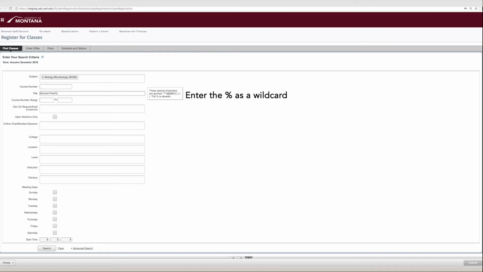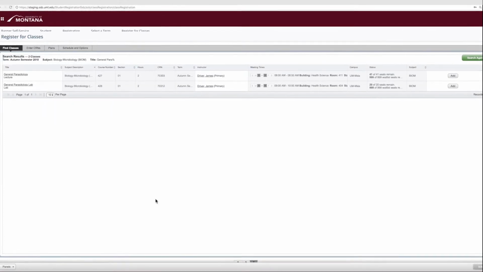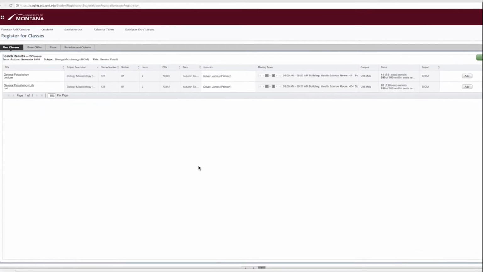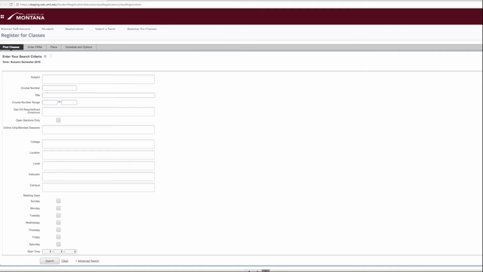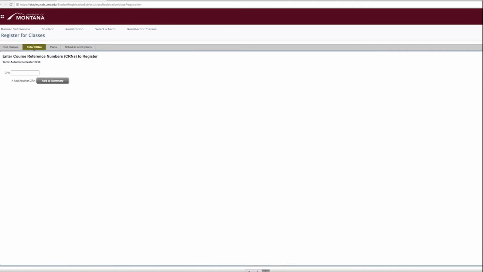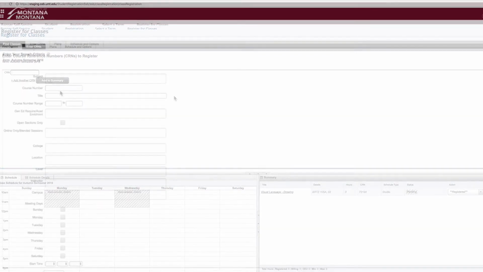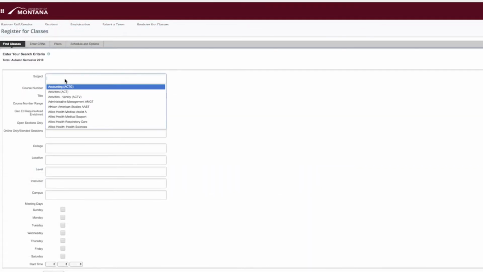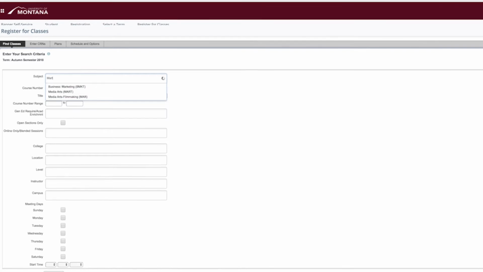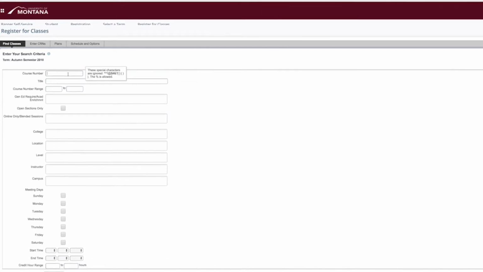This will pull all results that start with those letters. You can also use the other menus to search by course request numbers, also known as CRNs. After you enter your criteria, click Search to pull up your options.